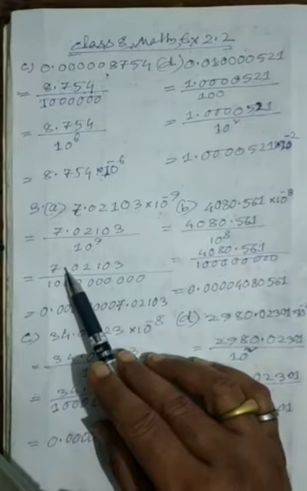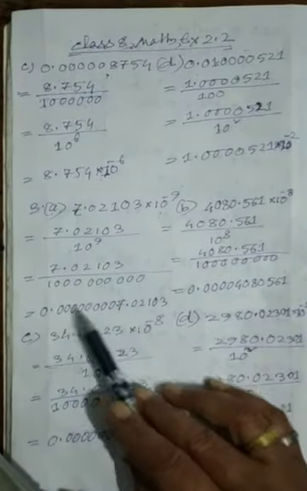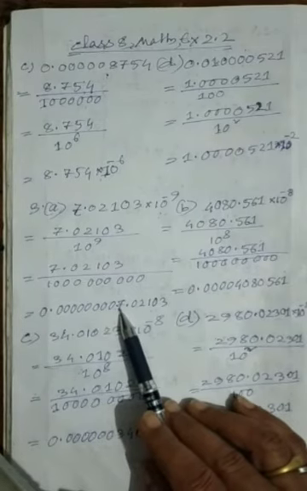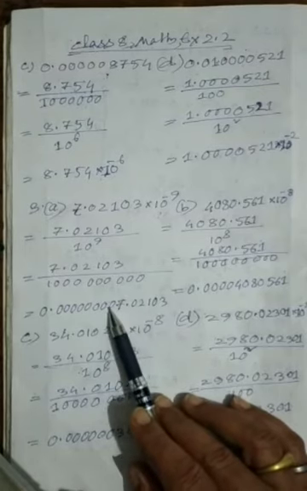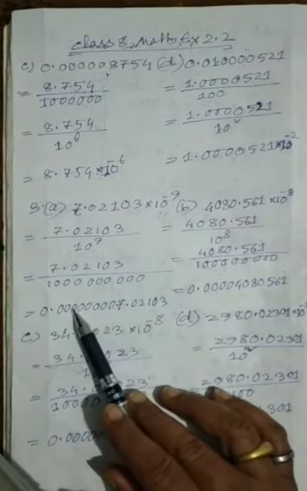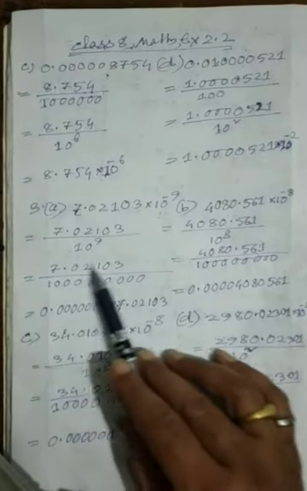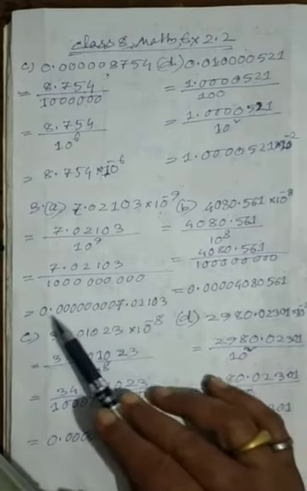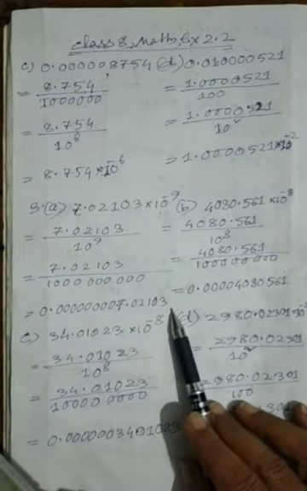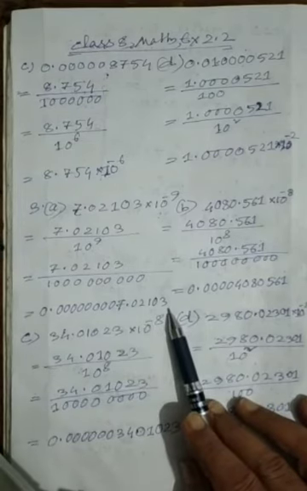So from the point, from here, there is no number, so you have to give 0 to make it the same. So 1 2 3 4 5 6 7 8 9. So it should be like this. Means if you divide this number by this, then it will be 0 point like this number. Now this is usual form.